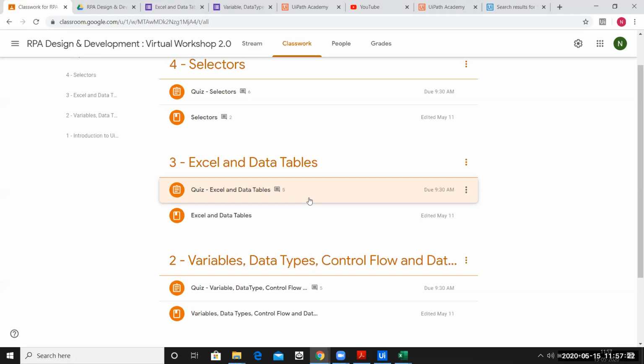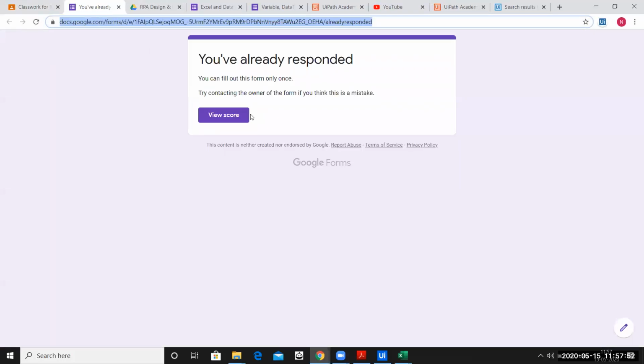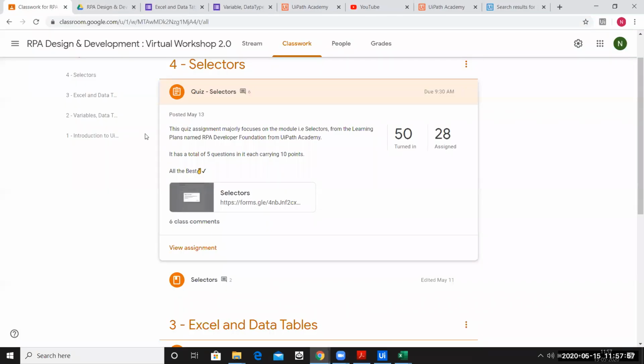So there are two things you have to attach. I'll repeat once again: there are two kinds of assessment. One assessment is the quizzes, and the second is building a bot. If it is a quiz assessment, obviously you will be taken to a page which is basically Google Forms, so the entire quiz is done over there. You give the quiz here and close it, and then you make sure you mark it as complete. Then only your submission will be done.